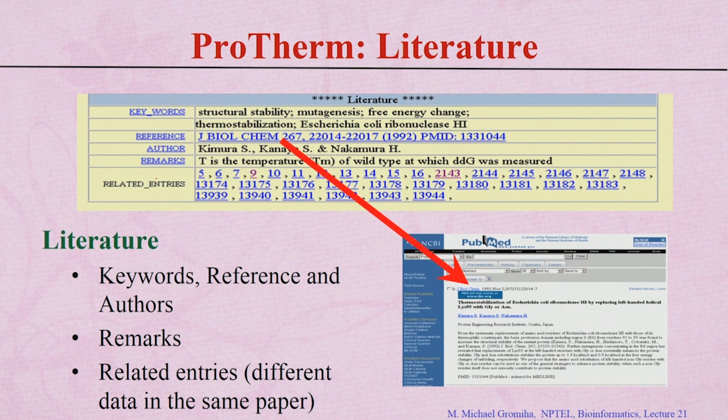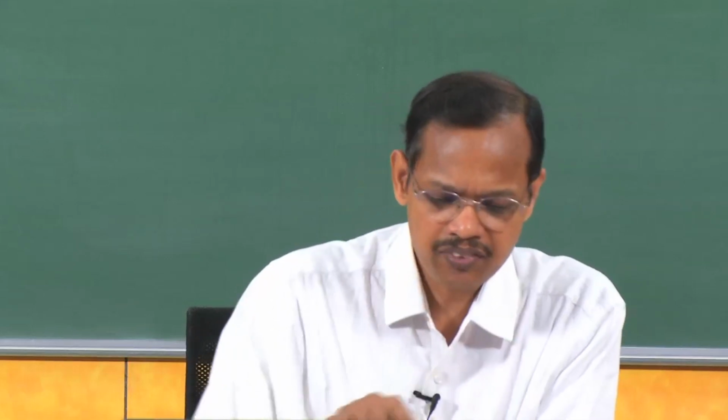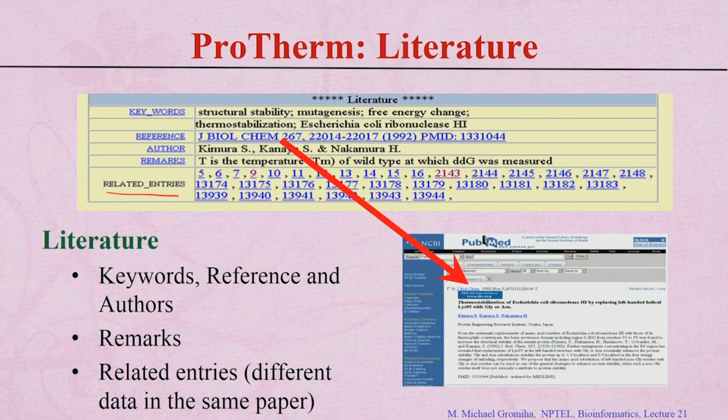Then here we add one more aspect, that is related entries. So, for any particular mutant or particular delta G values we gave the data, what are the entries which contain similar protein and similar type of mutants. So, these are the entries which deal with the RNase H and the different type of sources, for example, E. coli. So, you can see all these related entries and you can compare what are the different conditions, what are different papers and how they got the different types of data and what influences the stability, based on